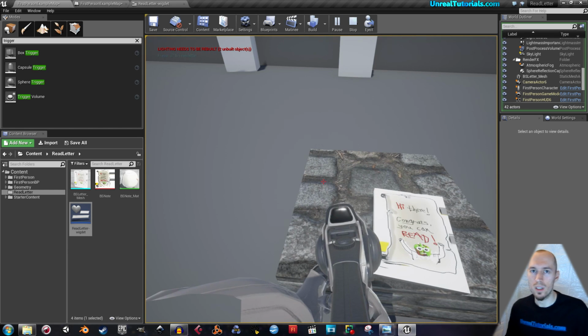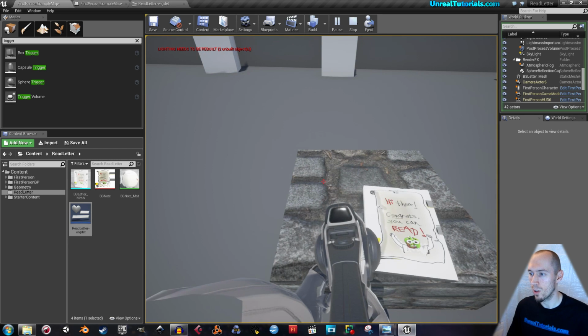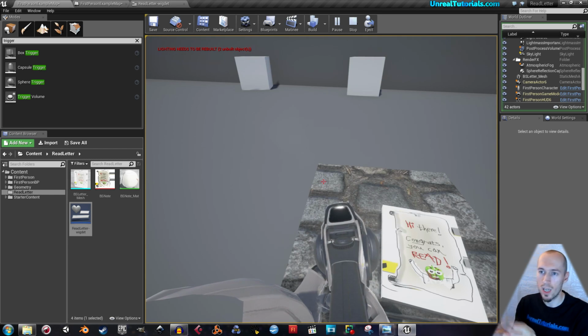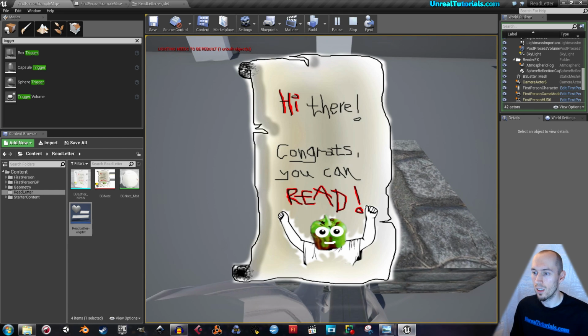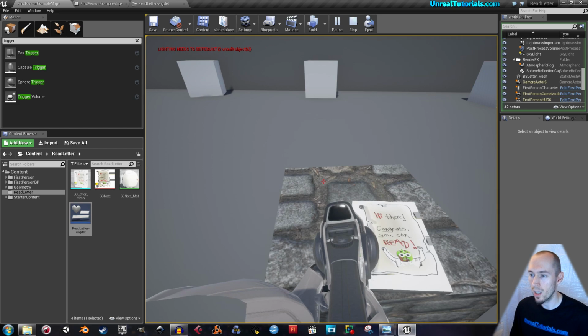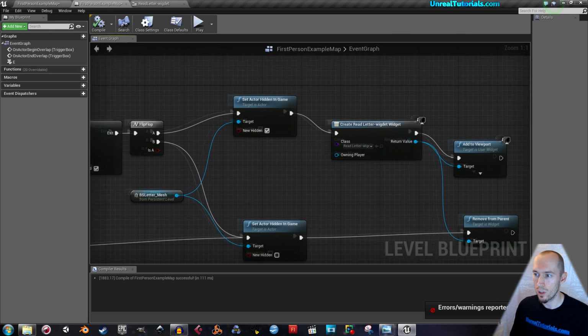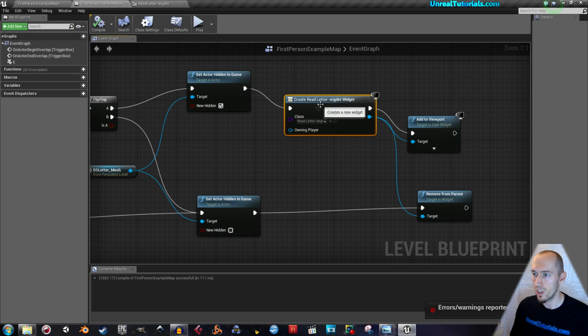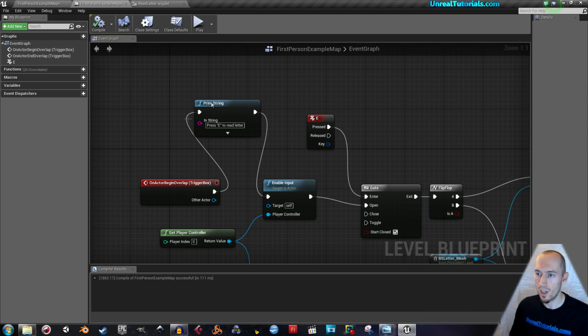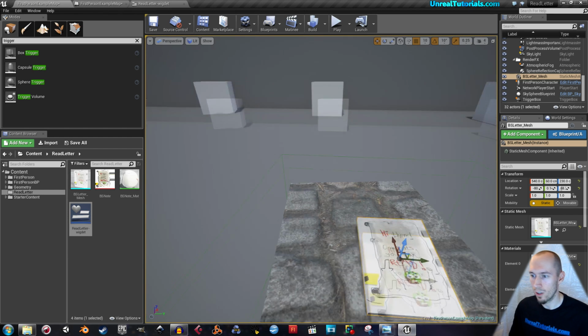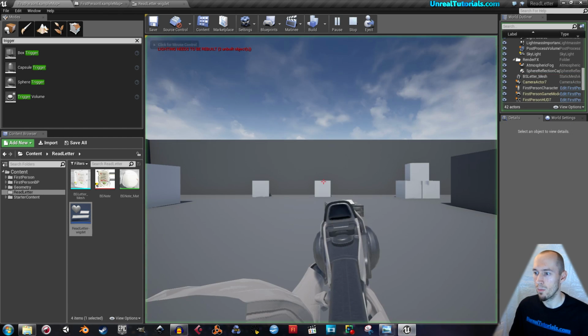But the print strings won't show when you package the game and you want to play it as a standalone game. So you would have to create some text inside the game, or just like this letter, you create the image with the text on it in GIMP or something. Just press E to play, and then you go into here, and instead of having this print string, you will just do the same way. So we'll create a new widget with the message on, and you just implement this here, and then perhaps take a delay of, you know, 2 seconds that will show the message for 2 seconds and then